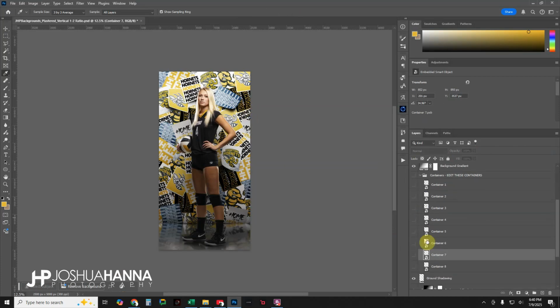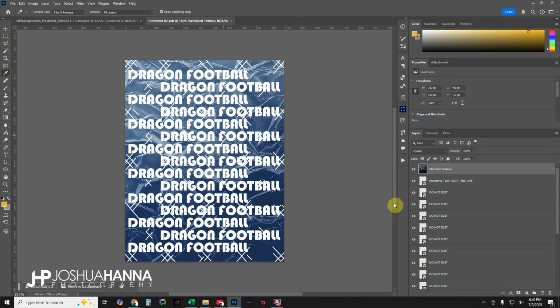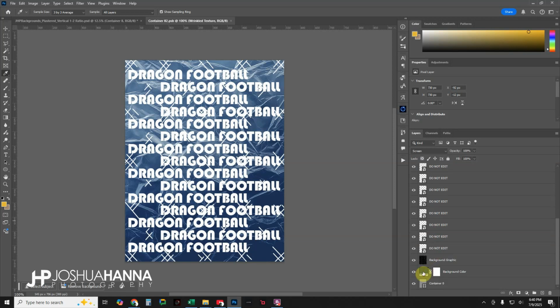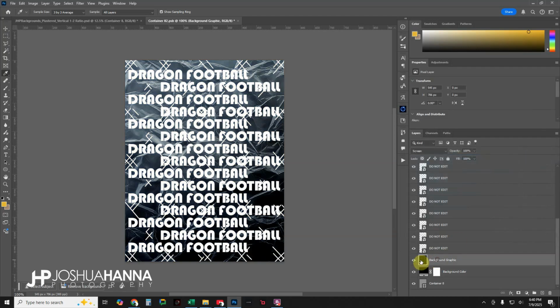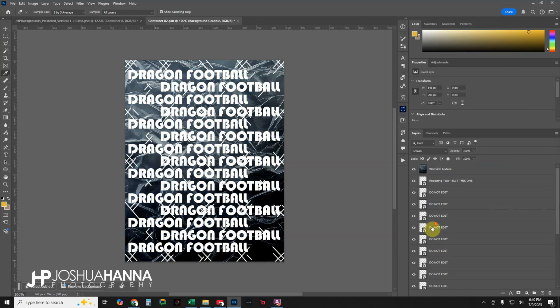And then we just got one more to do. So again, this is just a repeating text that's set up here. You can feel free to change this as you would like. But what I'm going to do is come down here and set my background color. Let's do black. This one's got a little graphic in here, just for something fun. You can turn that off or on as you'd like. But I'm going to come up to our repeating text,